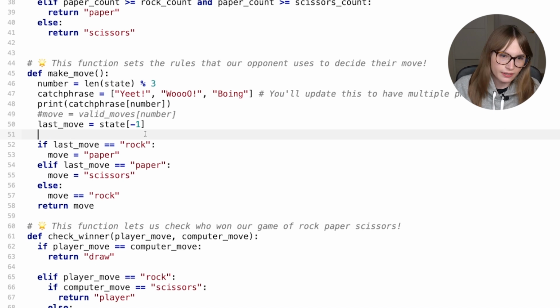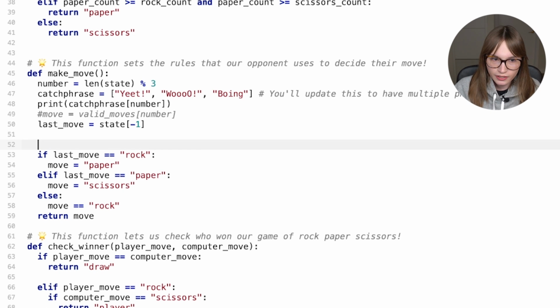So, over here, just under where we set our last move, let's go and write an if statement. We'll say if, and I know how the random library works, we're going to say random.randint 0 or 1. So choose a random integer, or a random whole number, between 0 or 1 inclusive. So choose 0 or 1. And if this random number is equal, double equal remember, to 0, then we want to go and do something.